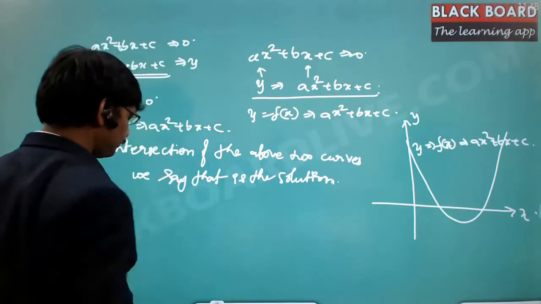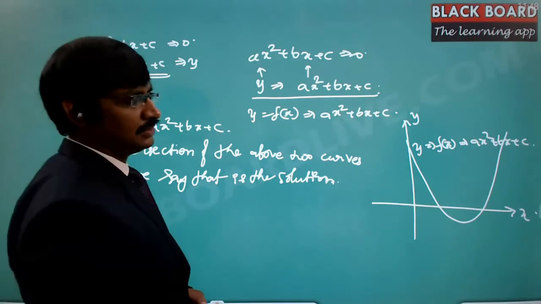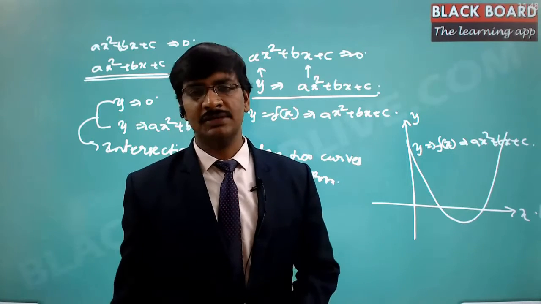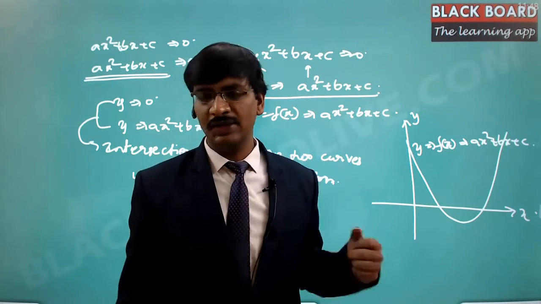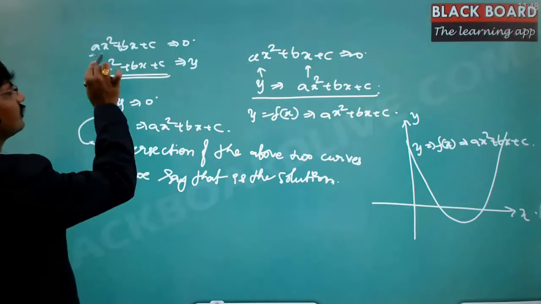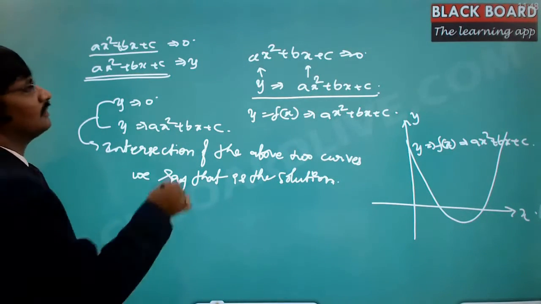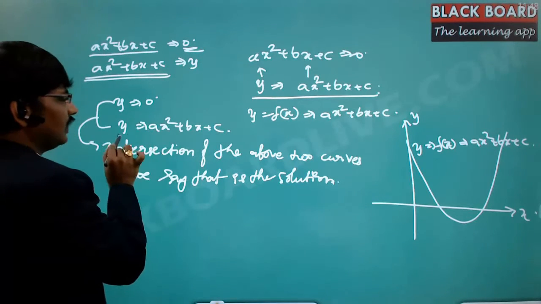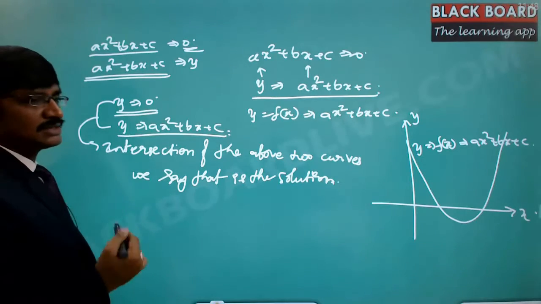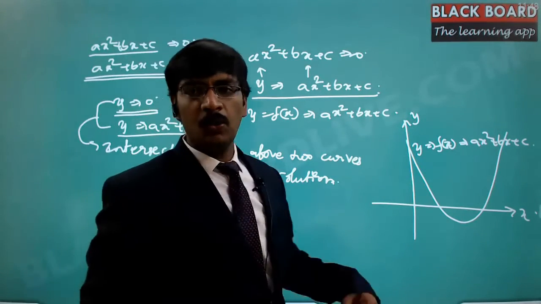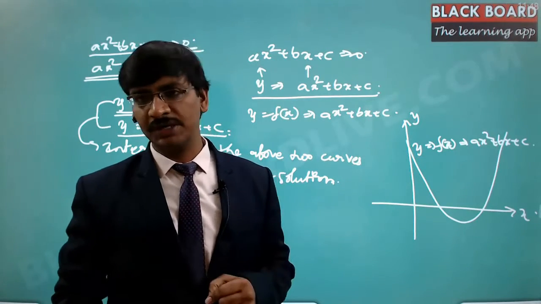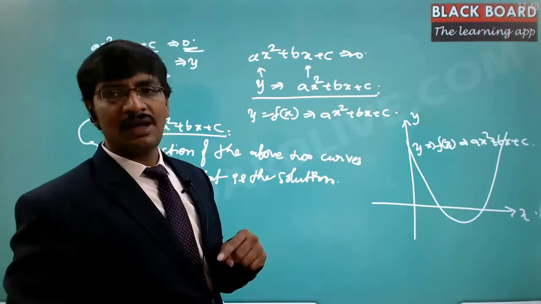Why do we call this the solution? A problem statement has to be there to identify the solution first. What is the problem statement here? Here the problem statement is, I have two different curves. One curve is ax square plus bx plus c. Another curve is y is equal to 0. So y is equal to ax square plus bx plus c and y is equal to 0. These two curves' intersection point means both have the same values. You want to identify such locations where both the curves have the same points.